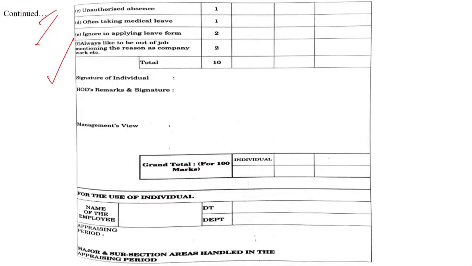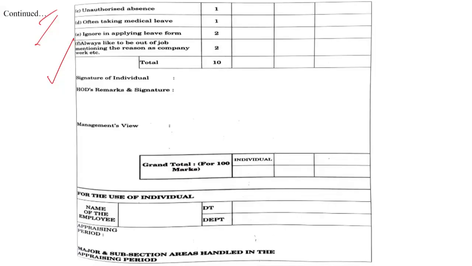Please understand, I am reiterating that it's not just related to target achievement, but other things are also taken into consideration, and these are known as KPIs, that is your key performance indicators. They can be in the form of supervision, communication, team building, discipline, absence, all those things we have just discussed. So if you are working in any organization, please be very careful that your performance is not only checked on the work you are doing, but other things are also taken into consideration in terms of your behavior, team building, absence, helpful nature, coordination, communication, all those things.